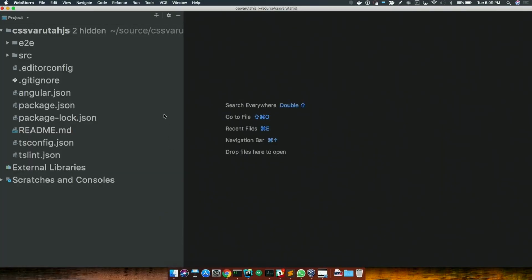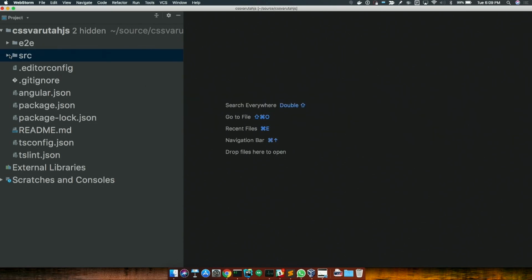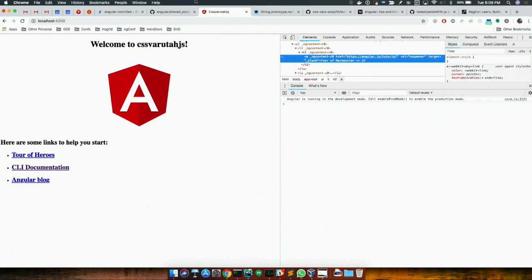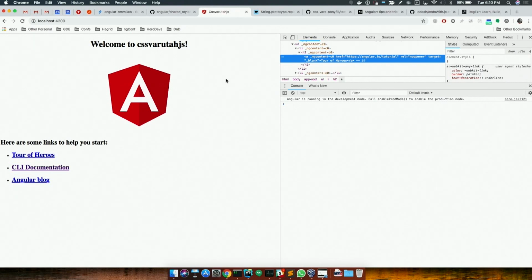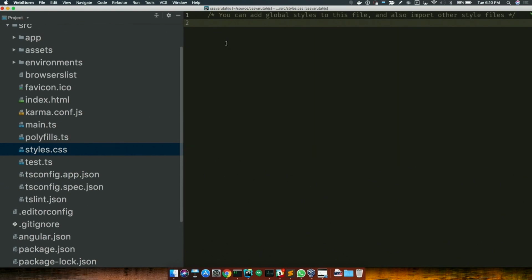All right. Okay, so let's just open up our styles file. I just made a brand new app real quick. So this is a fresh app. If we go to the browser, it's just the default app that happens when you do a new app in the CLI, right? There's nothing special about this app. So in here, if we go to styles, now